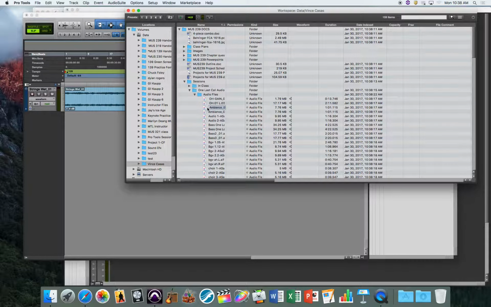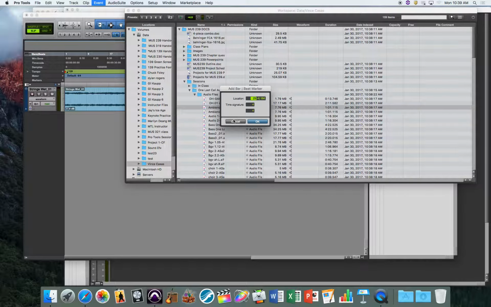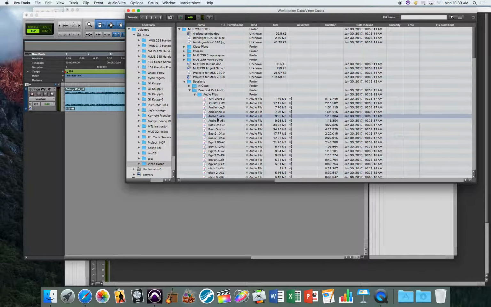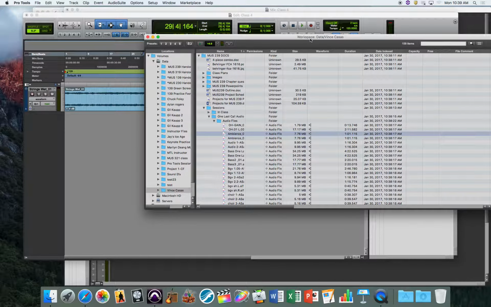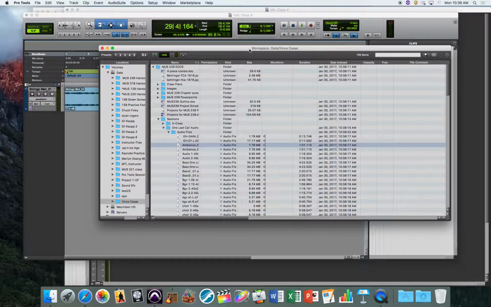All right, what step number are we on? Step 5, okay. What we get to do here with the audio in the workspace browser is a little different. And what we're able to see is information about the original tempo, and we can actually force the piece of audio to be fixed to the session tempo. So here you're going to have a couple different branches. Branch number 1,